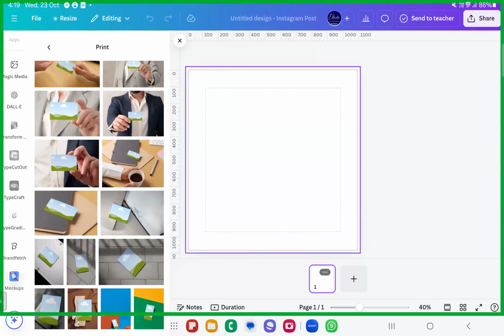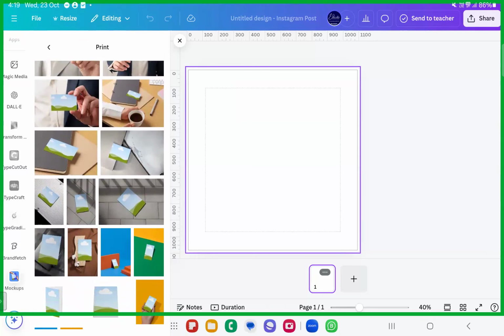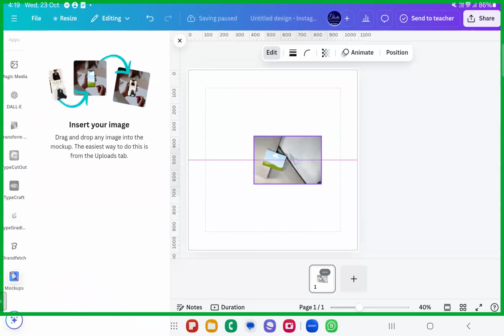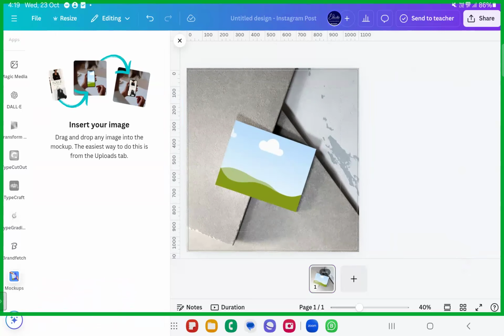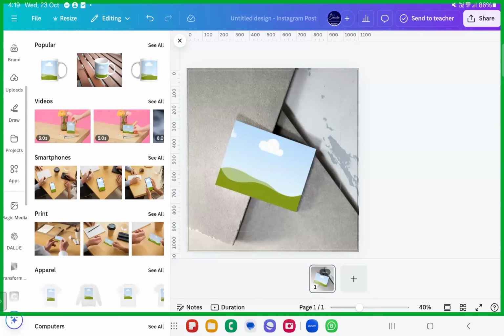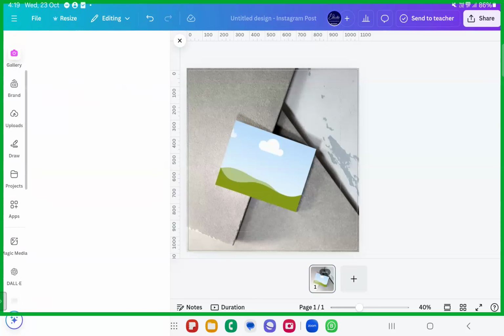The business cards, okay, you can even place this business card. For example, if you want to place this, but you require two of it, right? Because we have two sides of a business card, so that you just have to send it to your client, and you can just place this and insert the image that we have just downloaded. It will be in the uploads, sorry, it will be in the gallery, right?